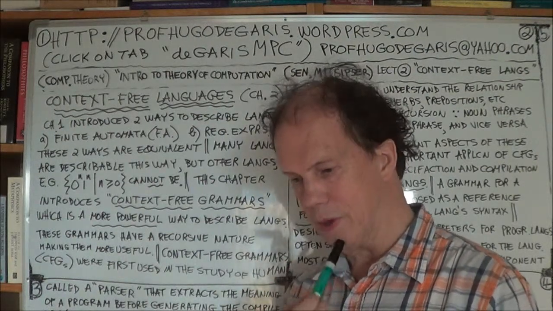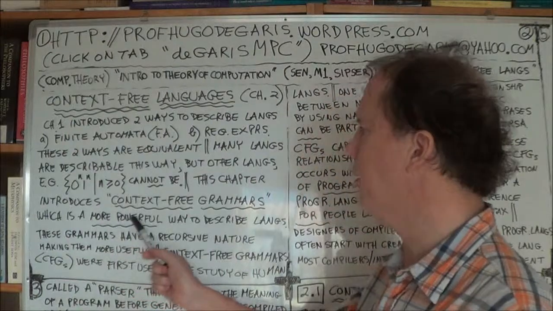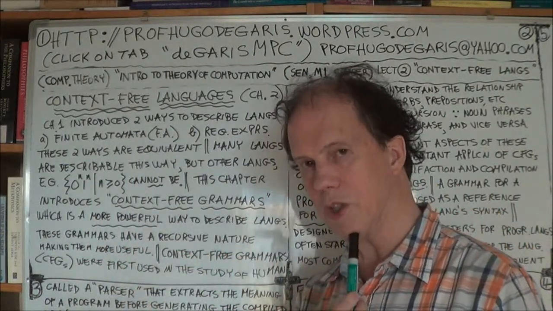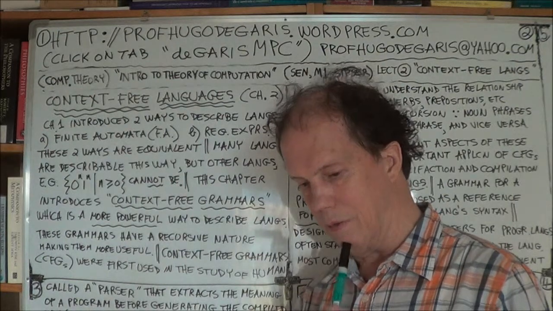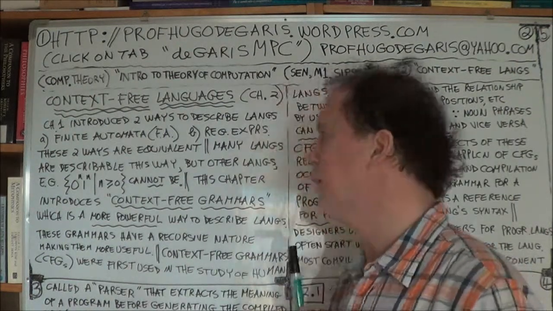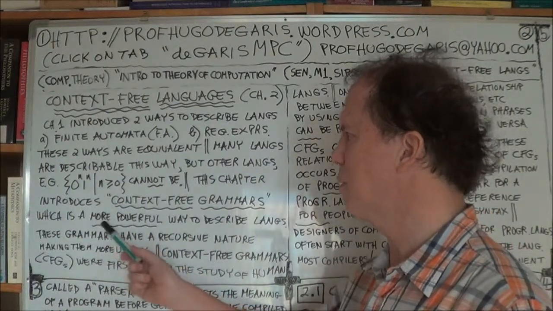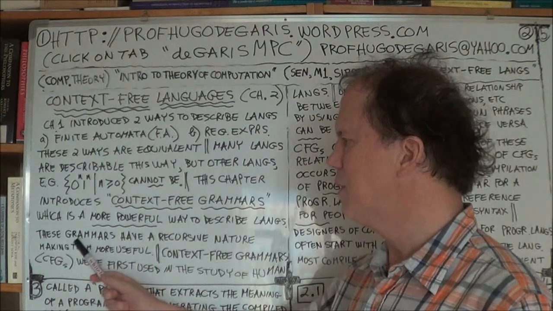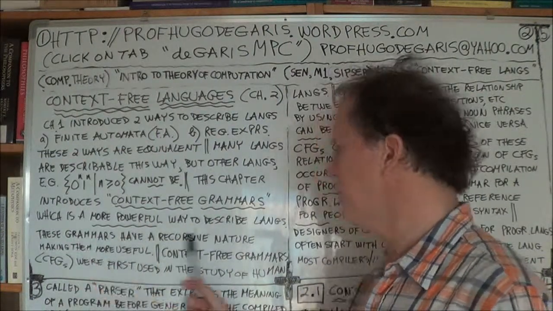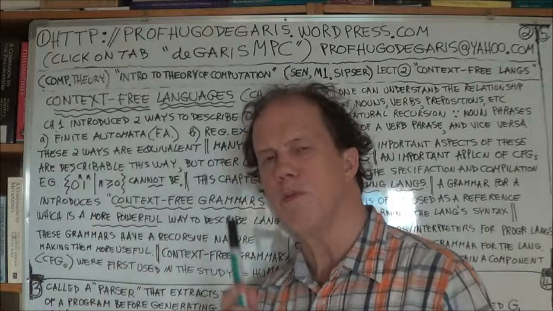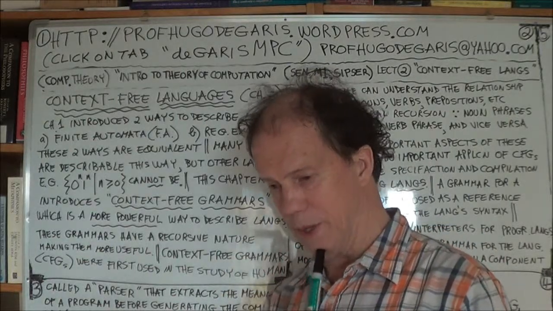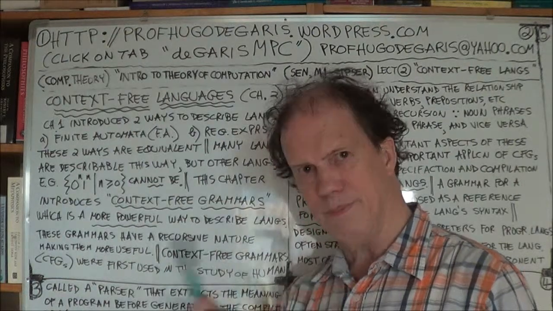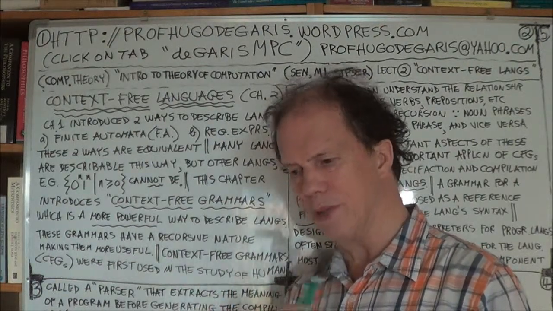So a grammar is, in fact, a more powerful way to describe languages than what we've done in the previous chapter on regular languages. You can do more with it. It's definitely more powerful. And one of the reasons why is that these grammars have a kind of recursive nature. Remember from previous chapter, recursion, what is that? Well, you have some algorithm, some procedure, some